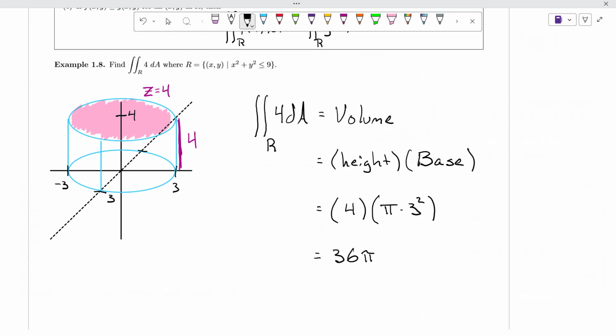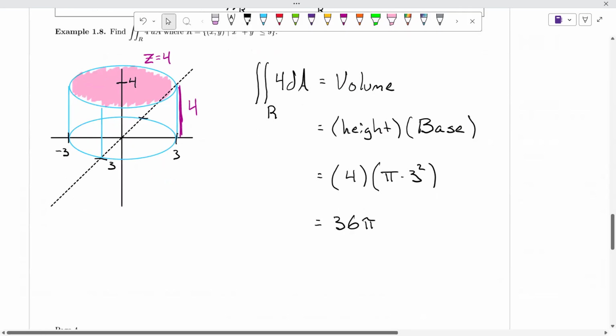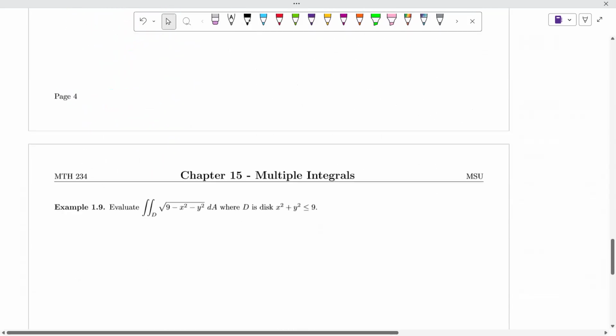So without actually needing to know how to directly compute any integrals yet, I can just evaluate an integral by looking at the volume of the shape that I've got going on. To do a few more examples like that,